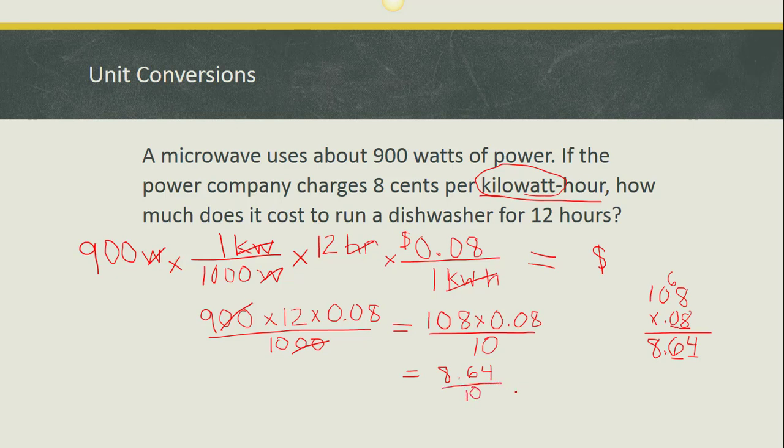Now I could write this out and do divided by 10, but if you think about divided by 10, I usually think about tithing. 1/10 of something is just the same as tithing. So what we do is just, the trick for that is just moving the decimal one place over. So the answer is 0.864, which, if we say that in money, we can round that to 86 cents. And that's how much we will be charged for using